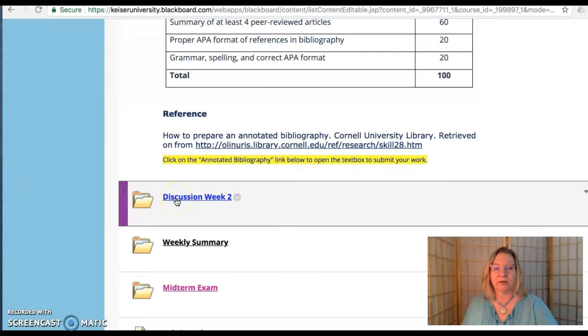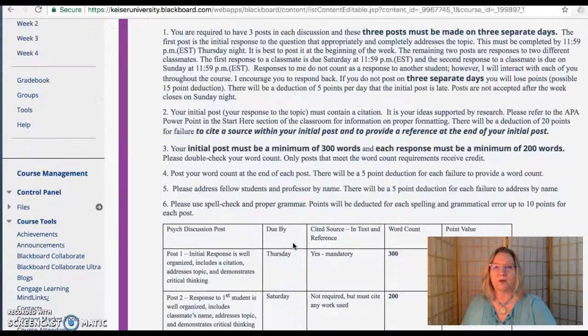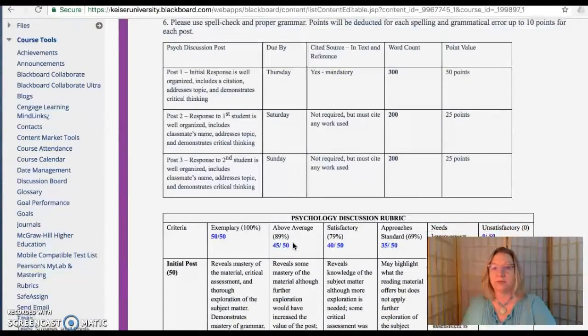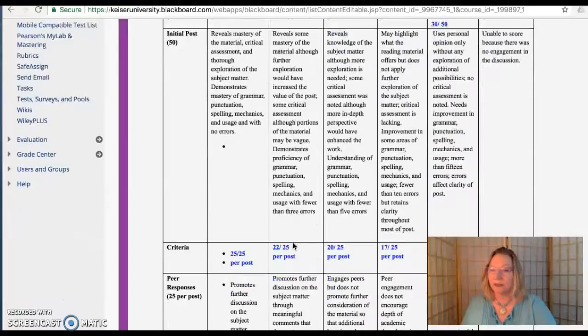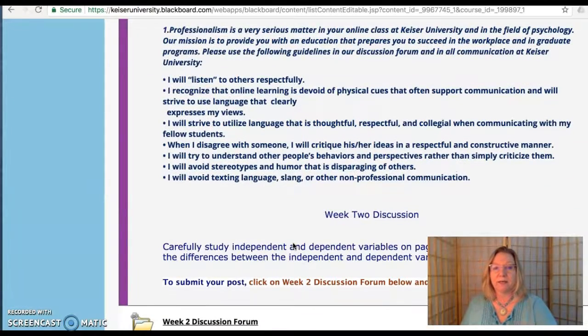And you'll see here that we have the midterm exam, which will be open, I think, on Thursday. So let me see if I can open this. The week 2 discussion requirements, again, are 3 posts on 3 separate days. Again, you may address one of my questions or answer me. And here you're going to be studying independent and dependent variables, and you'll explain the difference between the independent and dependent variable. Think about how this might relate to your research project,